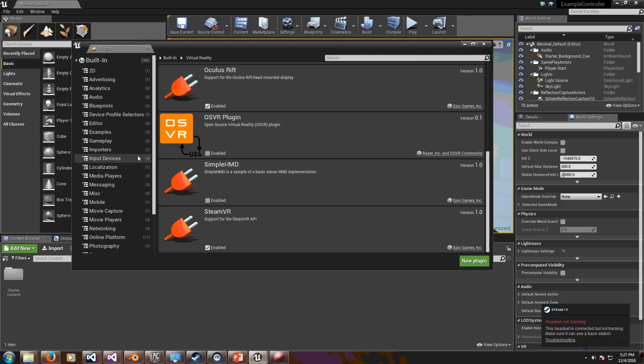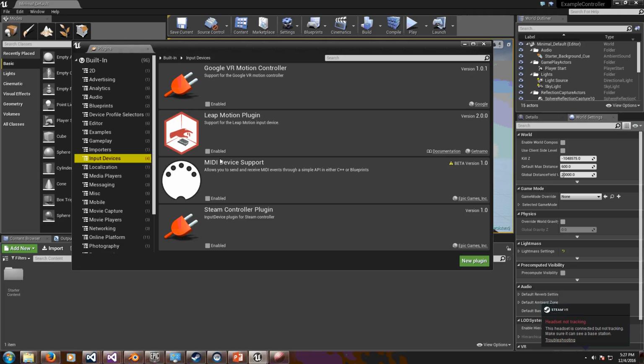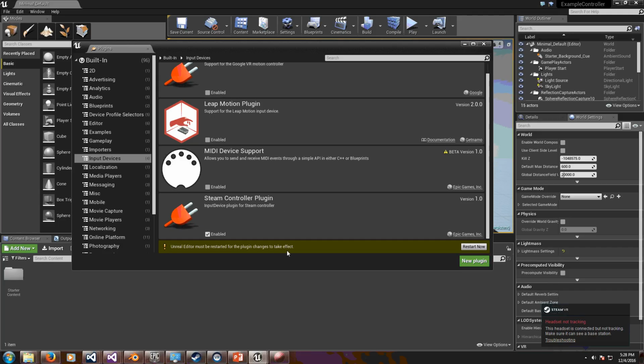Also, under inputs, we should be able to find input devices, Steam controller plugin. It's disabled, so we need to enable this also. It will tell me that I need to restart this, but before we do that, there's one more setting we